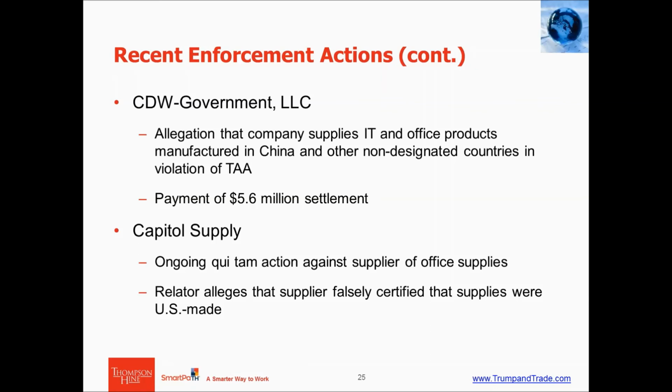One of the issues that's come up here, going back to the remedies that the government has, is part of the litigation process. The government's come in and taken a look at the records and the procedures and processes the company has to track its TAA compliance, and found that it was lacking. There really weren't any records to demonstrate that, and that's become a real impediment for the company in terms of prosecuting its case. I'll turn it over to